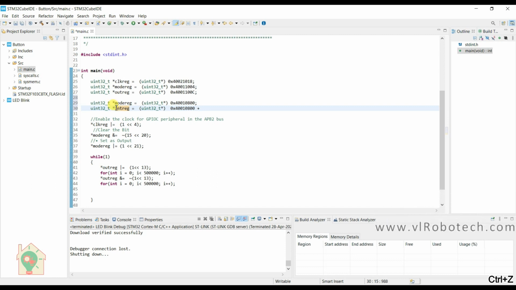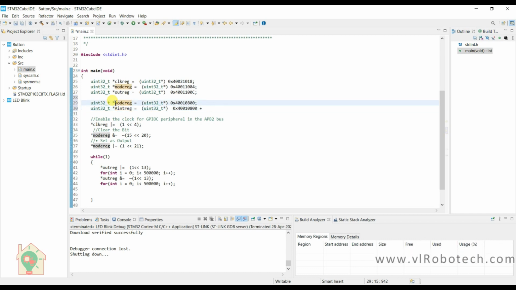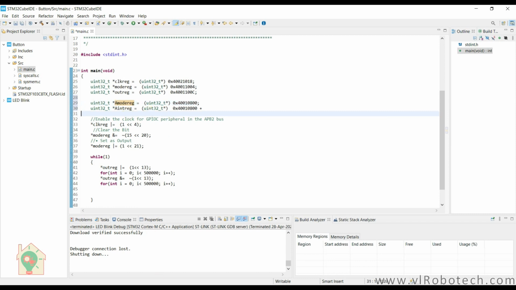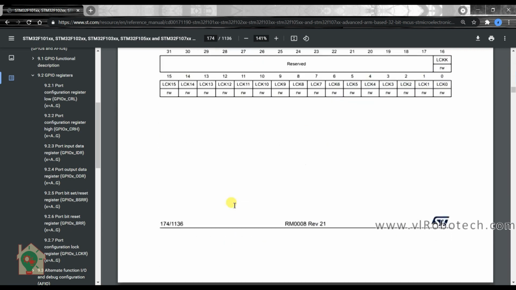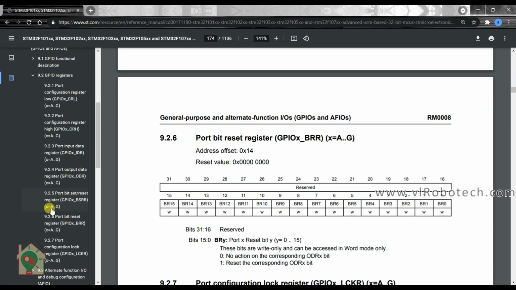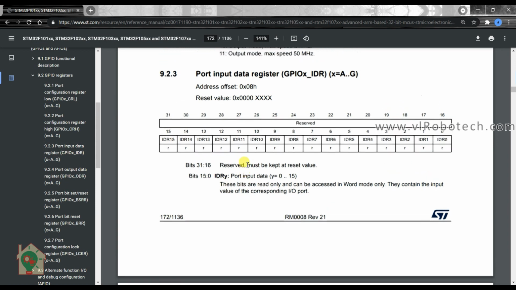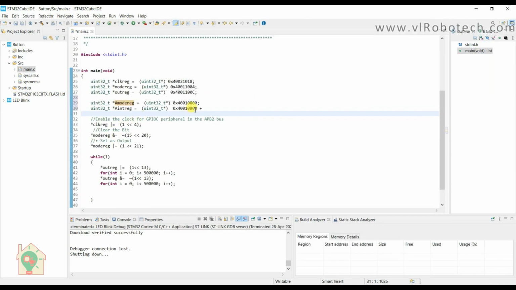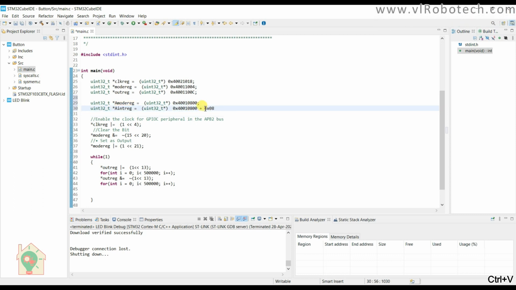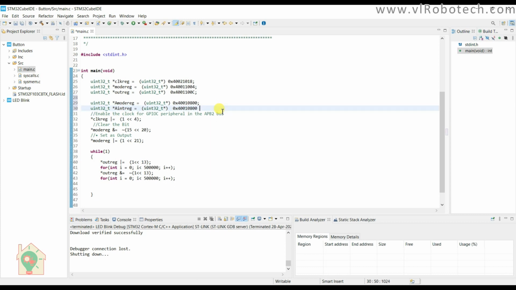So it is for port A. Okay, so go to the reference manual and look for the input bit. So here it is IDR. This is the offset address. I will copy this and paste here. So it will be 08.